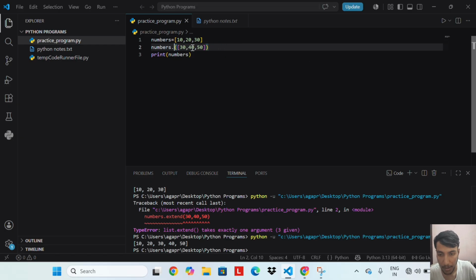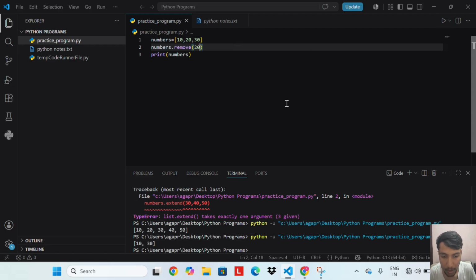Here I write remove, and here I write 20. Let's run this code. Remove finds the first occurrence of that value and removes it. Here 20 is removed by its value.